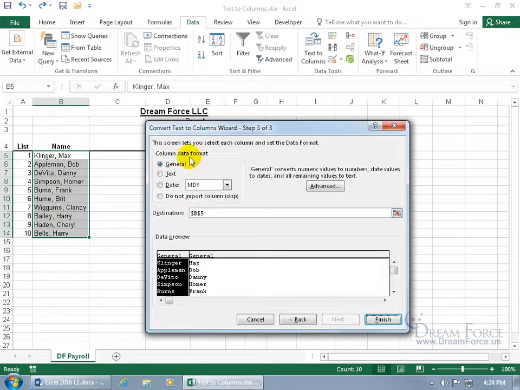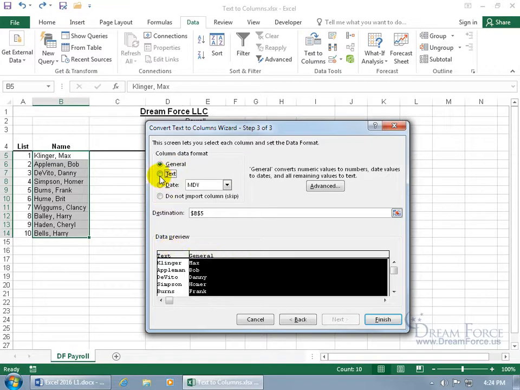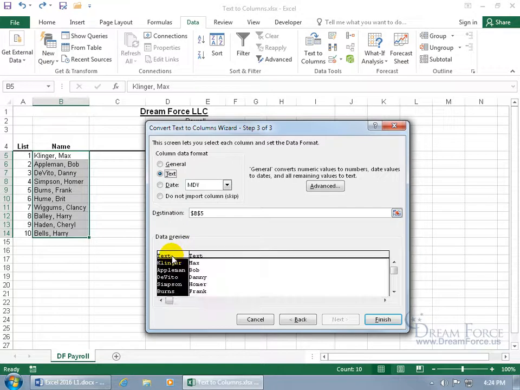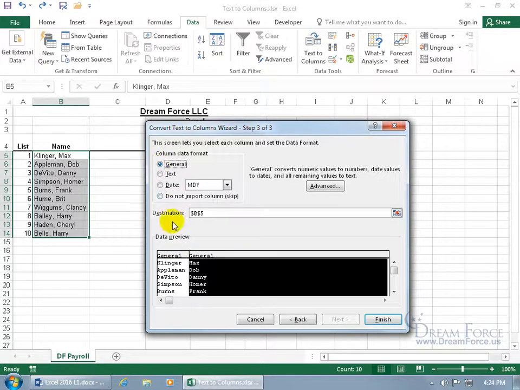In the final step, the screen lets you select each column and set the data format. The column format that I'm going to be breaking it up to is going to be General for each one, or I can say Text. For this one, select that one and say it's also going to be Text. So you can get a little bit customizable down below and say, well, this one's text, that one's a date, or this one's going to be something else. I'm just going to put it back to General for each column,